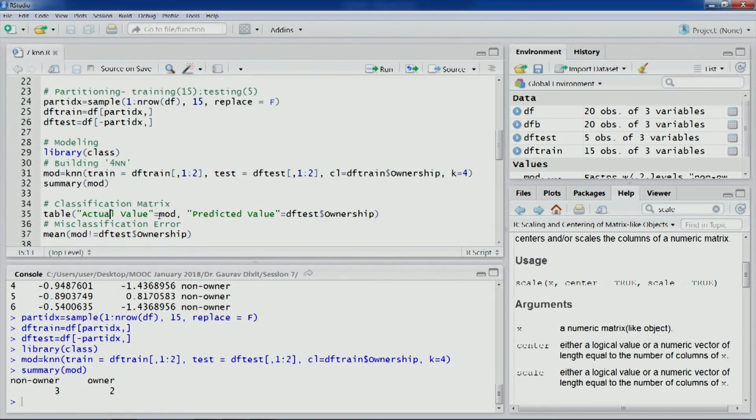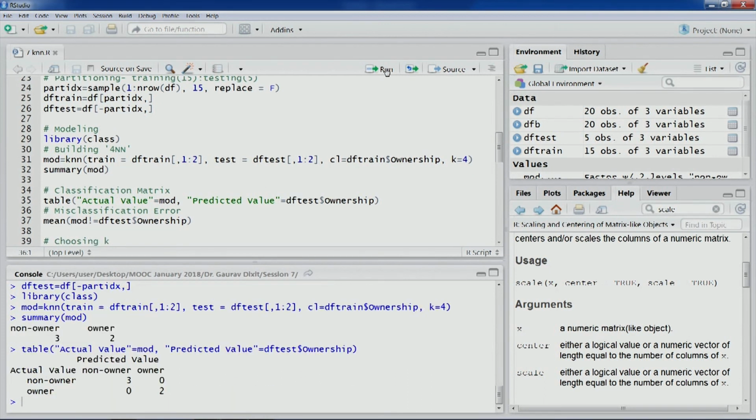In the table function, the first argument is always the actual values, and the second argument is the predicted values. So let us use this. You can see from the classification matrix that all 3 non-owners have been correctly classified as non-owners,